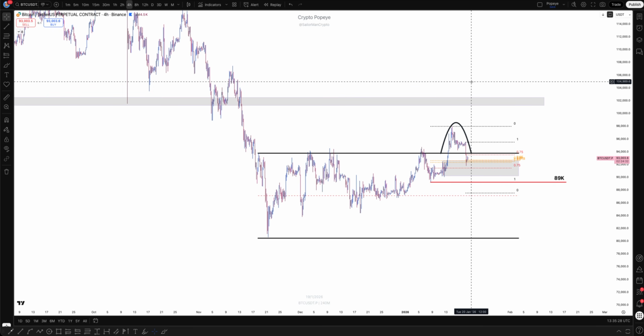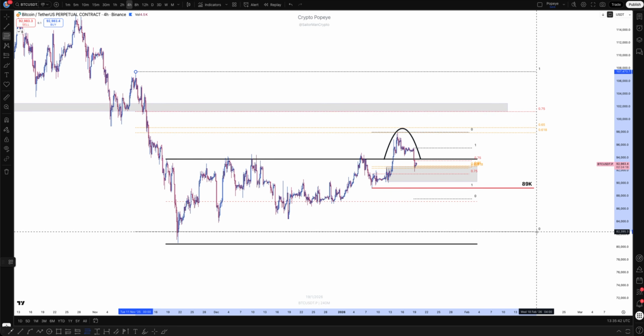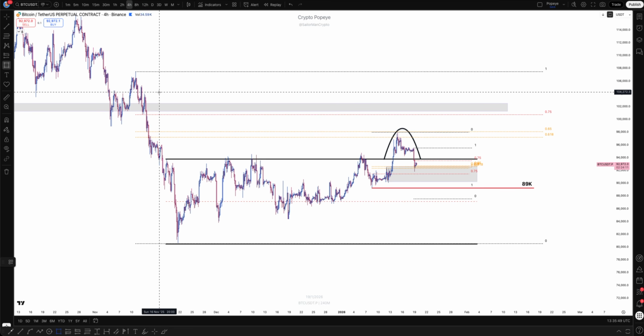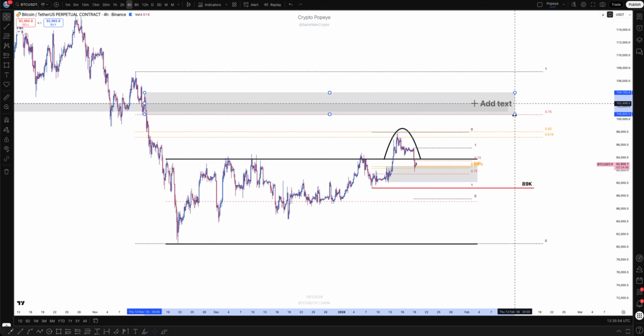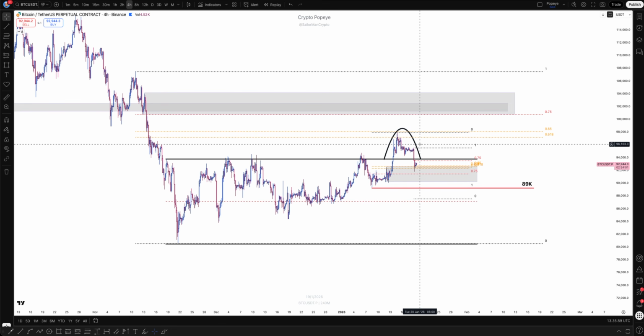And last but not least, we said that should the price move higher, as, let's say, the first long option, so this would be a consequence of the first option. Should the price move higher, we know that the 0.75 is there, we know that there is a support resistance level on this gray box, we know that somewhere here there is a supply, so any move here would be interesting for a short. Also because if you note, let me clean a little bit the chart,